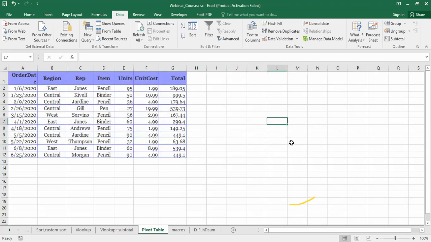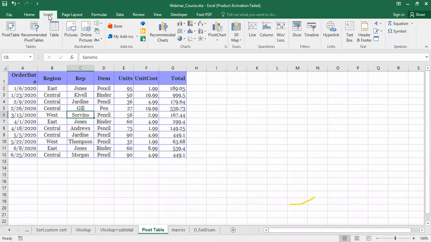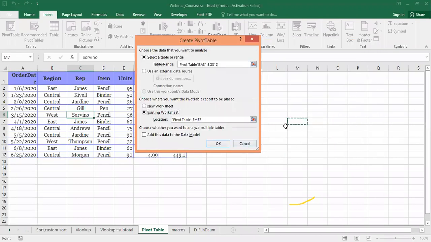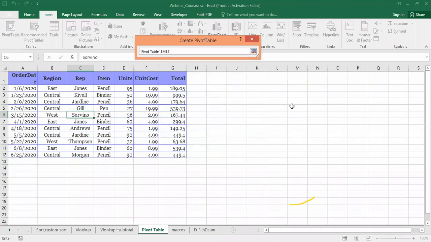Okay, so how to do that pivot table? For that, simply click on any cell in this particular table or the data we have, then go to the Insert tab, and click on the pivot table. Now it is asking whether you want to go for a new sheet or the existing sheet. Now already we have so many sheets, so we'll go to the existing sheet. I want this particular pivot table over here, existing worksheet, location I want here.